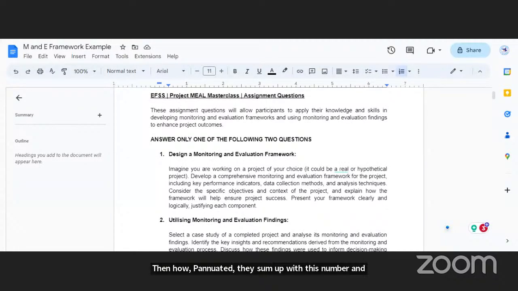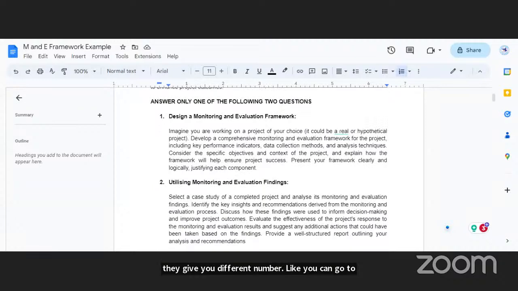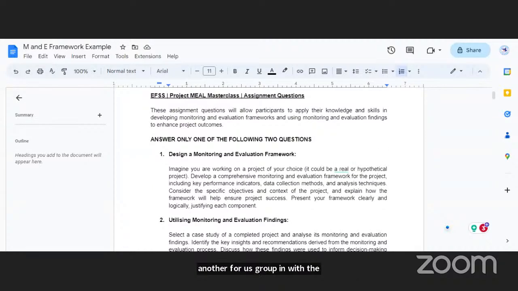You can go to another focus group with the youth, and they say the rate of illiteracy here has risen from 70% to 80%. Then you go to the teachers, and they say 50 to 60. How would you really sum up, or how would you start designing the report with this? Thank you.